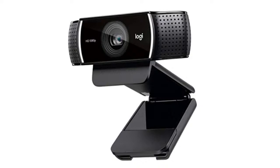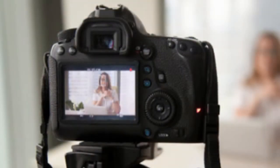922X is another one, and I'll have links for those as well. But this is a good standard 1080p camera that will give you that high definition, and it'll look good. Now, if you really want to step up your game and really want to look professional, then you're going